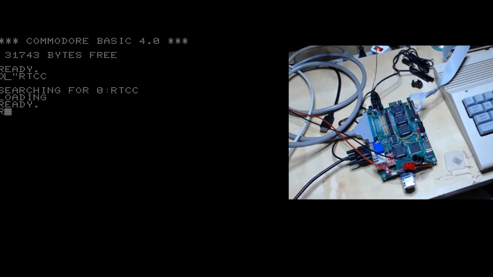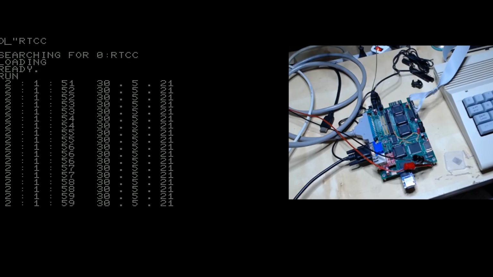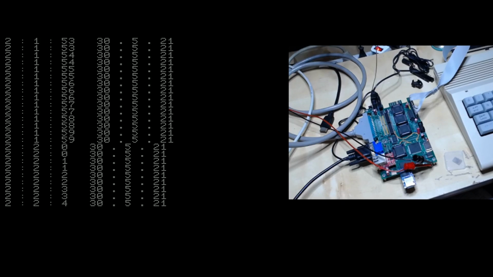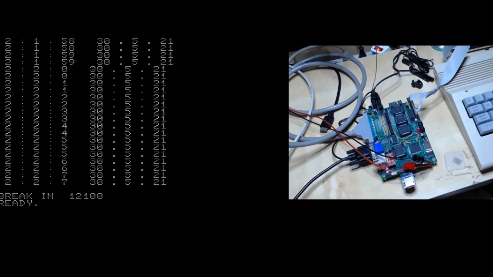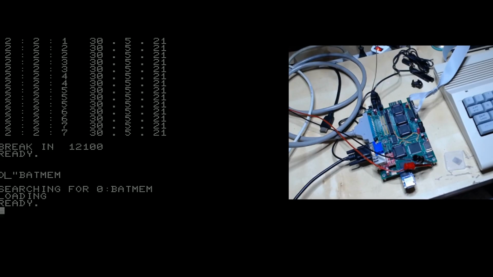what we can see here is now that it's not initializing because it sees the clock is already running, and then it continues with the time, showing the time as it was before. Also, there is some battery backed up memory on there,